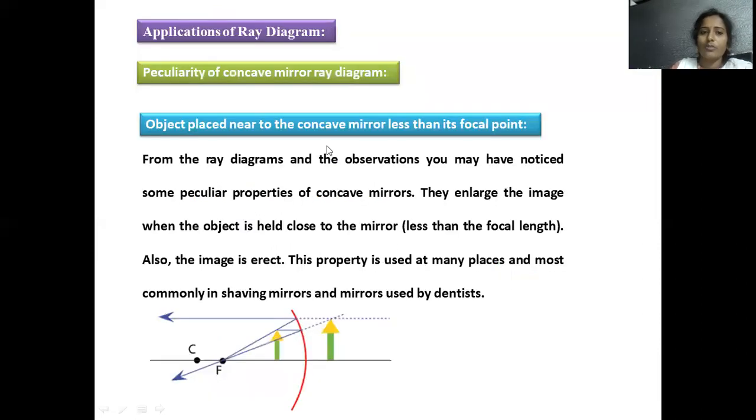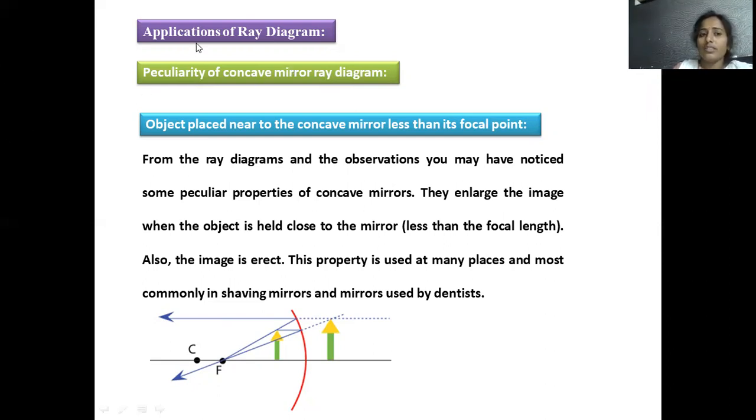And next, let us move on to applications of ray diagrams. Till now we discussed the concave mirror. On this concave mirror we placed the object at different distances. As we shift the position, what kinds of images are generated is drawn in tabular form under the laboratory experiment, and the different conditions are individually deliberated too.